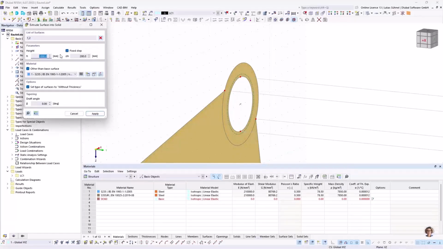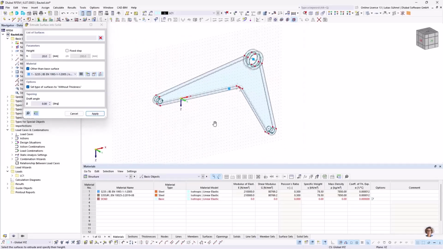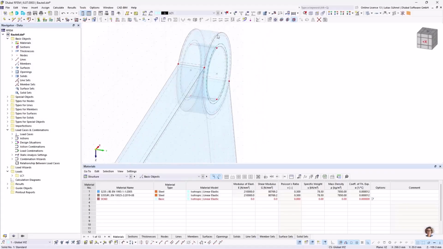Extrude, or use the extrude function into a solid. The solid should have the thickness of 20 millimeter. That's what we measured basically before. It's an S235, and I hit the apply button. Now I have these two solids, and as you remember, we had these